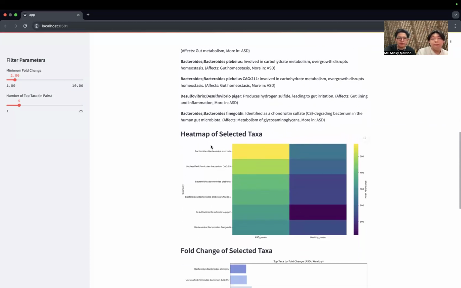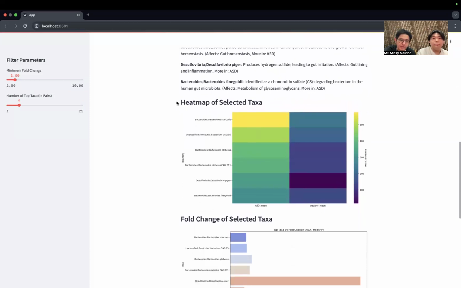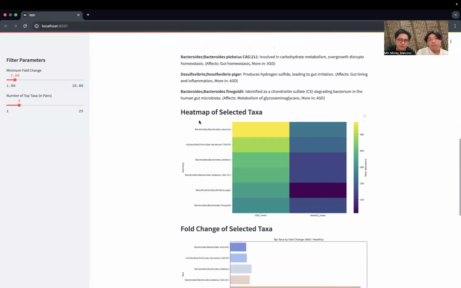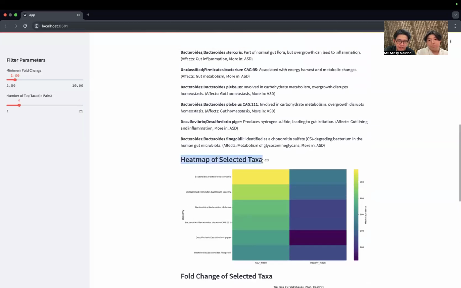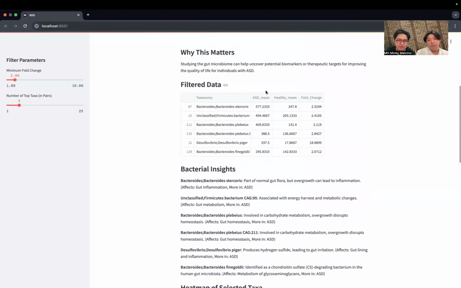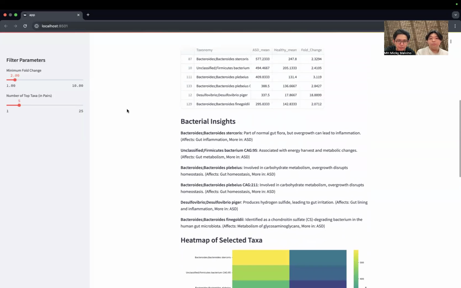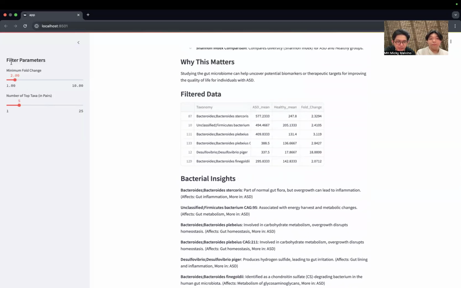Next, for the visualizations, we have the heat map of the selected taxa, as well as the fold change for the selected taxa. For the first visualization, we have a heat map, and this is linked to this filtered data table right here. Basically, how it works is if you put the number of top taxa in the filter here